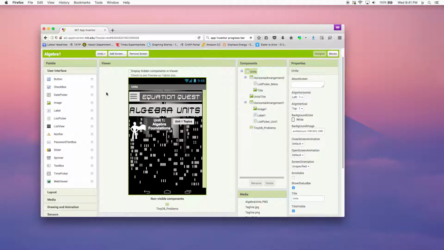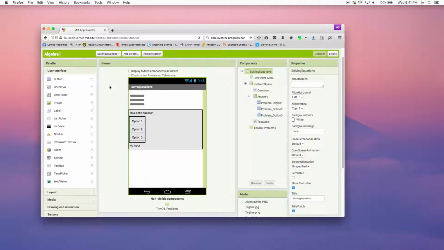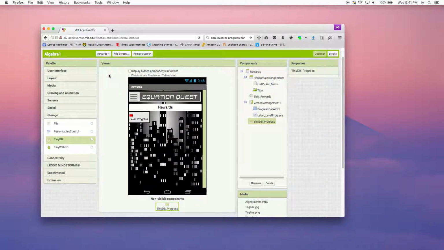Sorry, the unit screen is where they have the units they can pick from, which will then go to the actual questions. So basically getting that database of when they answer it correctly, it will then show their progress on this reward screen. So we were thinking of having multiple different rewards, progresses, or levels that would give them different